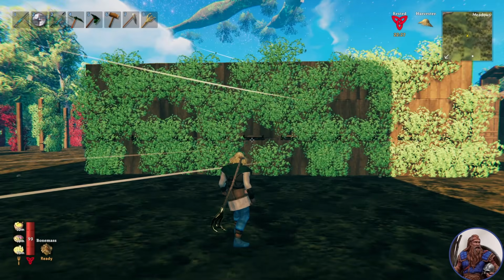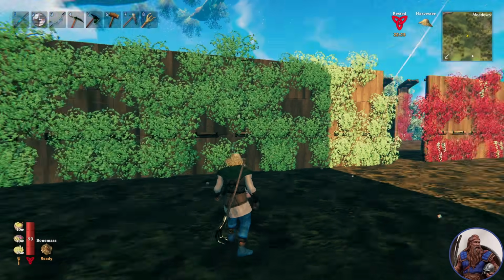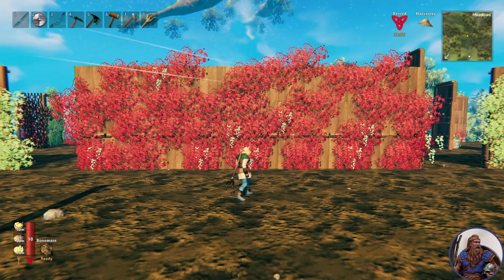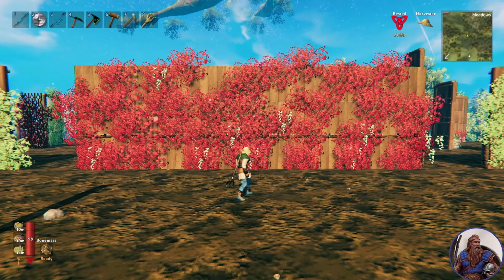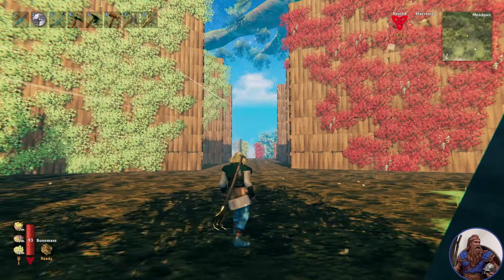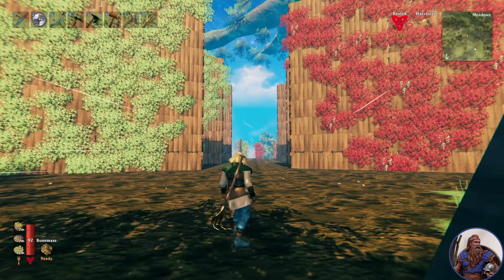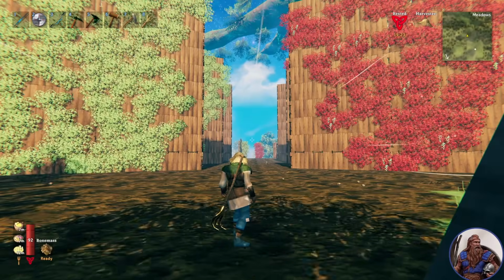And the ivy is a purely decorative plant. And the ash vines are decorative while also yielding vine berries, which are a useful cooking ingredient later in the game. And I wanted to see just how each type of vine behaved, so I started testing by building 3